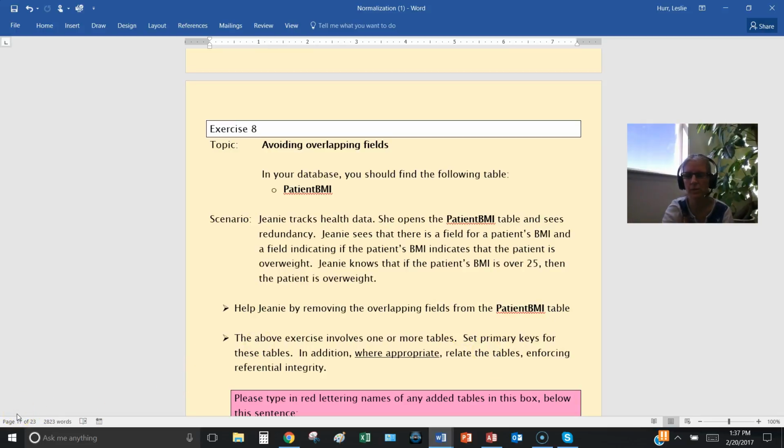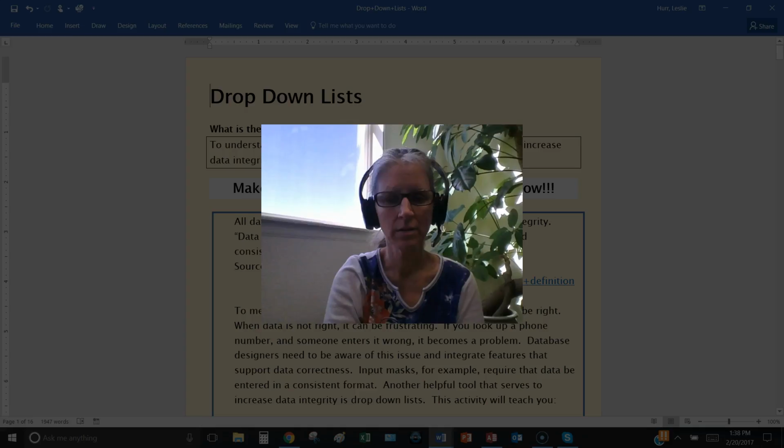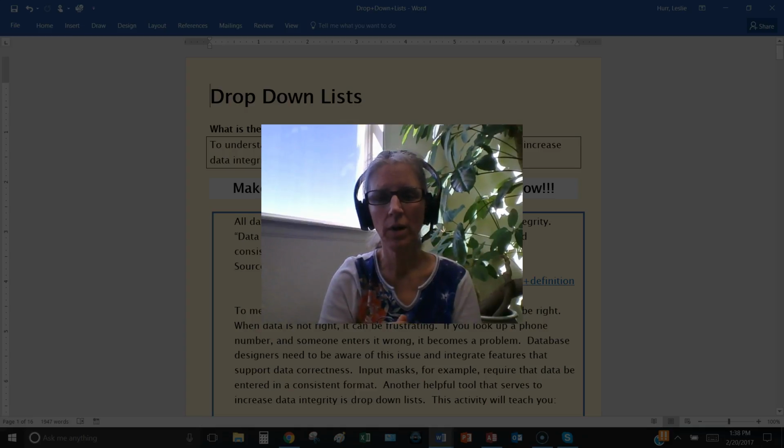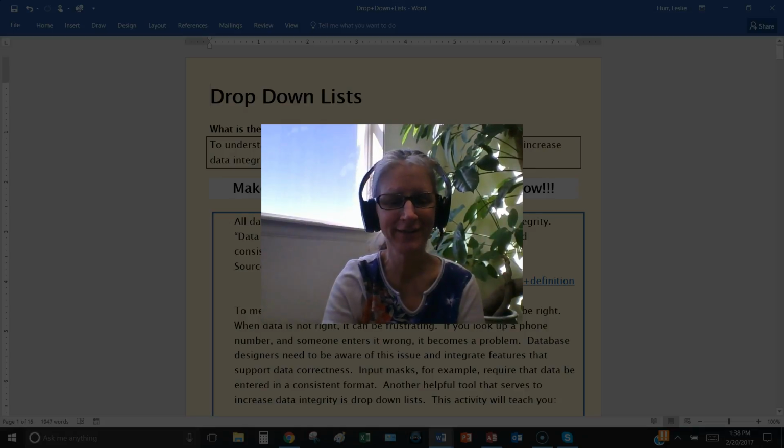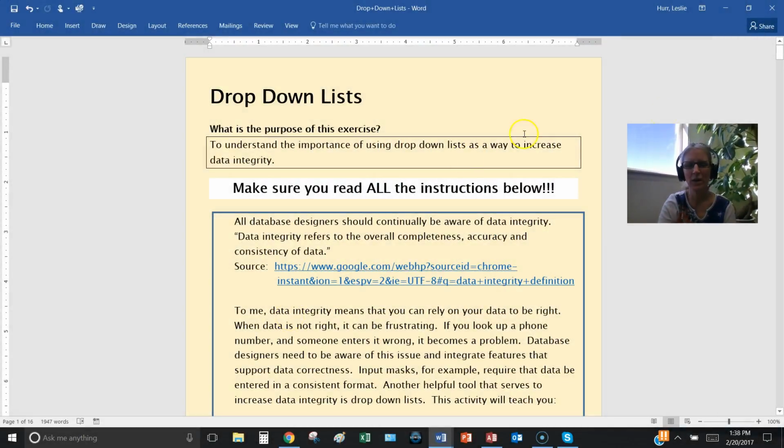Okay, so let's move on to drop-down lists. So again, I want to say that we're going to talk about data integrity, what drop-down lists are, and then how to create them. And I'm just going to go over them briefly. I think you can read the supplemental activity yourself, so I will allow you to do that, quote unquote. Allow. No. Anyway. Okay. So here is a definition of